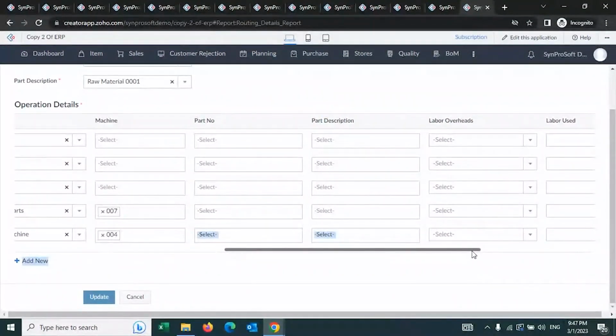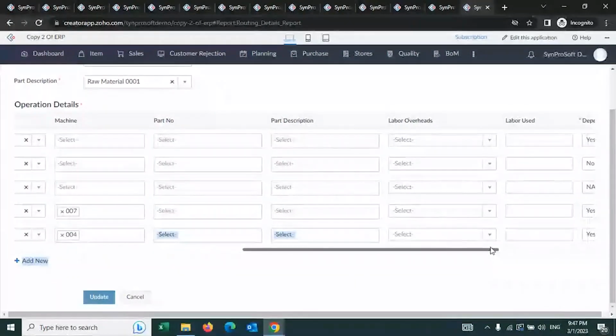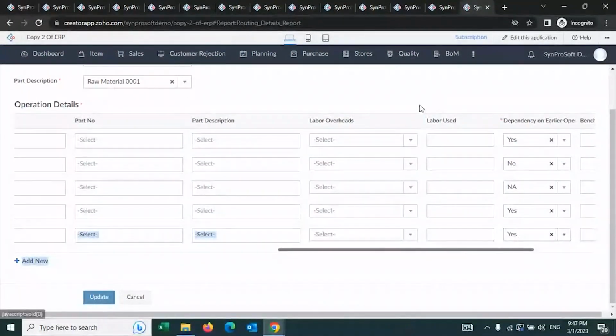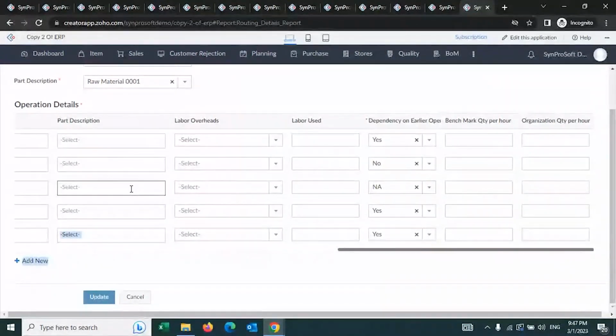So you will define the entire workflow process for production at every stage here. What is the labor? What is the workforce that is going to be used? How many labor, how many workforce are used here? Dependency on the earlier process. For example, there are 5 processes. I cannot go to the second process until I complete the first process. So I set a dependency. I can go to the fourth process after completing the second process, because the third process could be an intermediate process which I can do either after the second process or after the fourth process. Like this, I can define my own rule for each product that I manufacture.